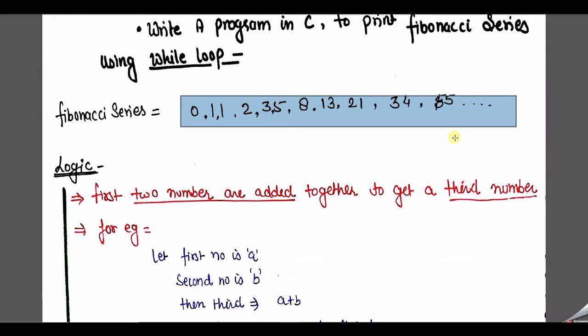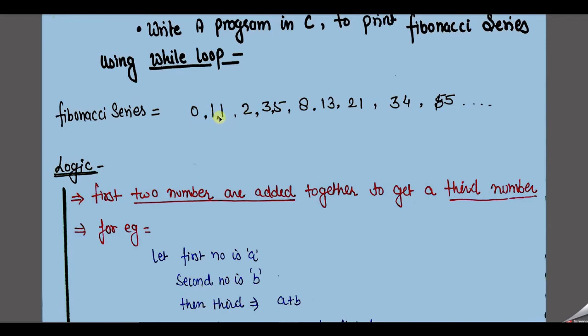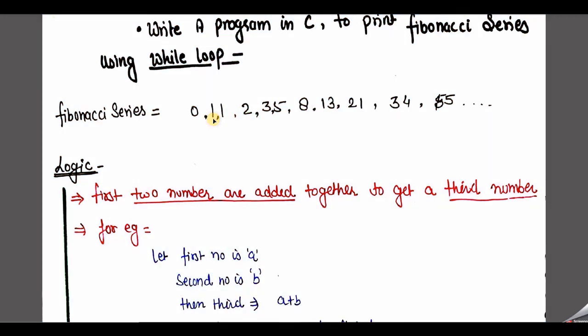First we write 0 and 1, and after that we get 1, then 2, then 3. Read it again in the background: 3, 2, 1, 1 and 0. So we found that the initial values 0 and 1 are decided. When we add the last two values, 0 and 1, we get a new value. To find the next new value, we again add the last two values, which are 1 plus 1, so we get 2.